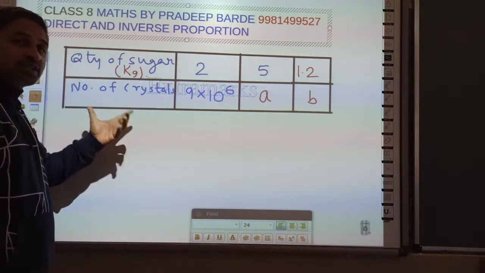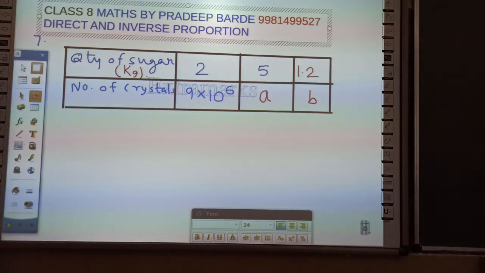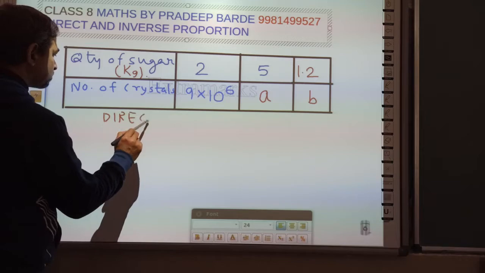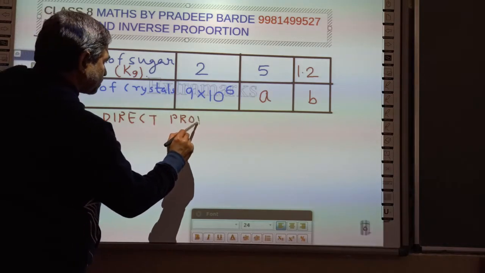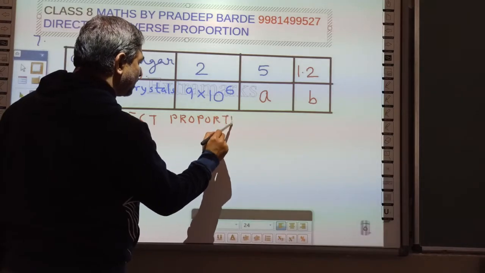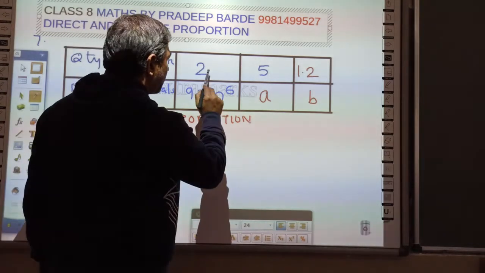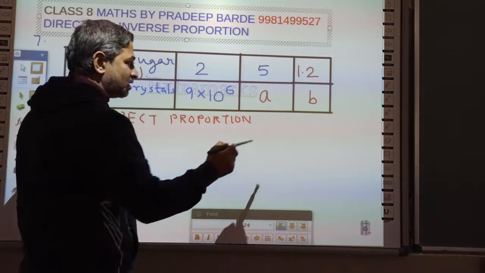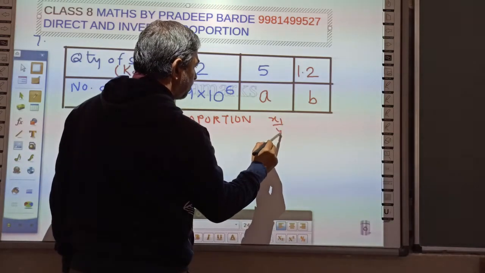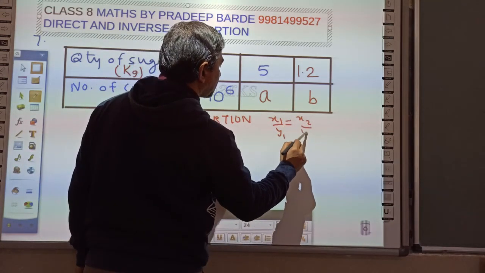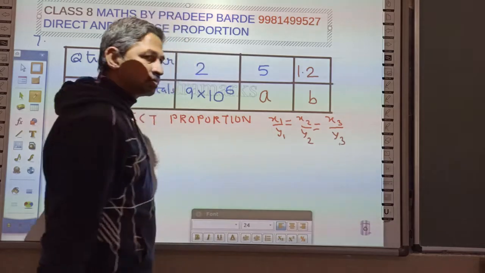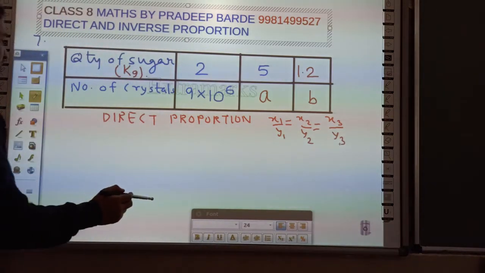As we have discussed, it is the case of direct proportion. We'll write here it is direct proportion, and then we'll write the condition: x1 upon y1 is equal to x2 upon y2 equal to x3 upon y3. Using this condition,